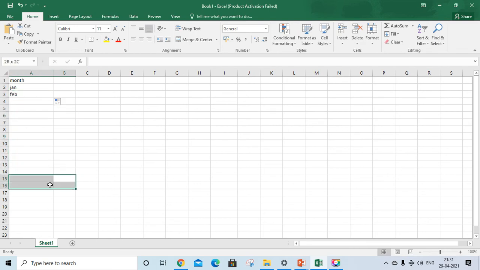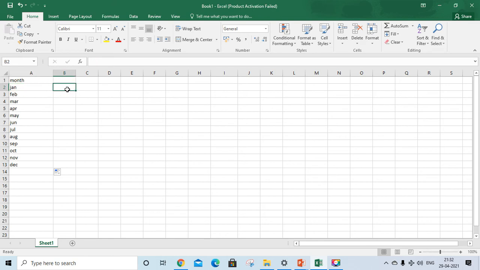It will increase the days, months. When we click on the edge of the corner of your box, the plus symbol will come, or you can take it from the February cell. Now bring that plus symbol down. See, as I bring the cells down, here you can see the months: February, March, April, May, June, up to December. I want one year, so the complete 12 months we got.